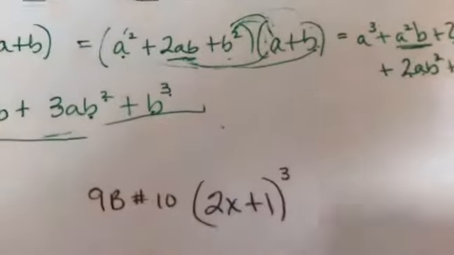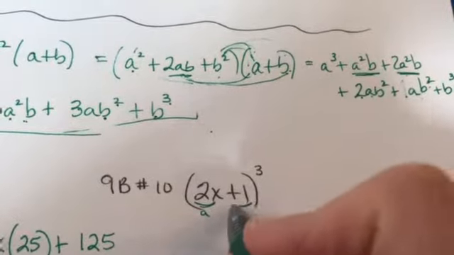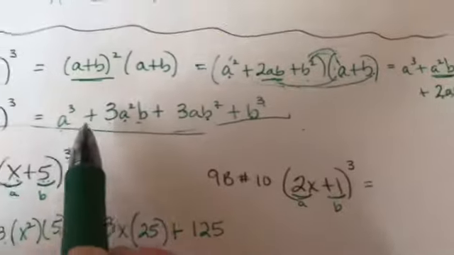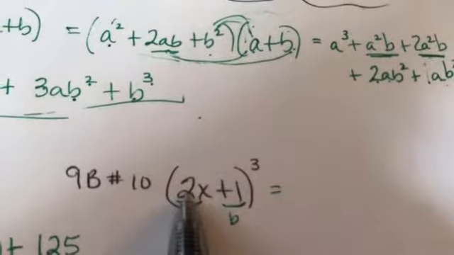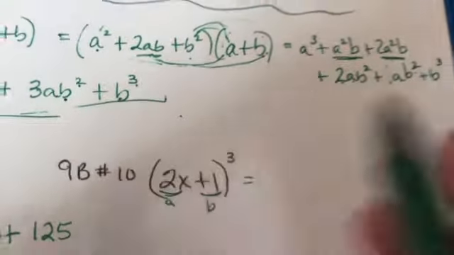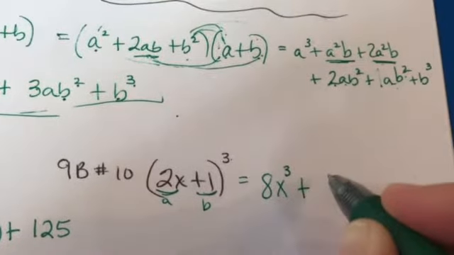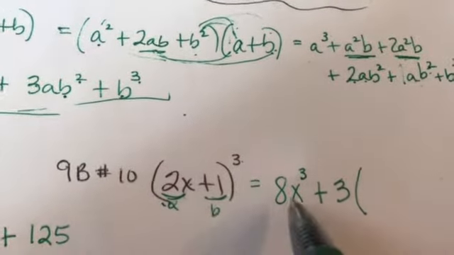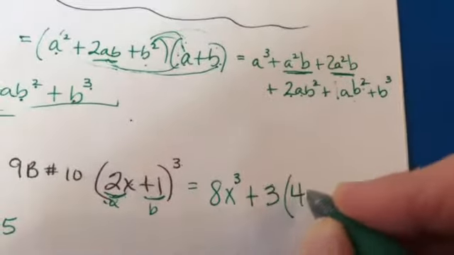All right, let's try another one. This is from 9b, number 10. All right, remember this is my A, this is my B here. So when I cube it, my equation, and I can see it right here on the corner of my screen, says take your first term and cube it. So I want you to think about this. What's 2x cubed? Well, 2 cubed is 8, and x cubed is simple enough. Then it says take 3, take your first term and square it. So you're kind of going downhill. Remember this term we cubed it, now we're going to square it. Well, 2x times 2x is 4x squared